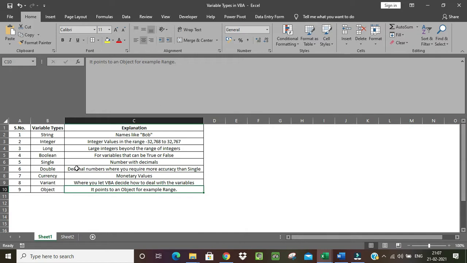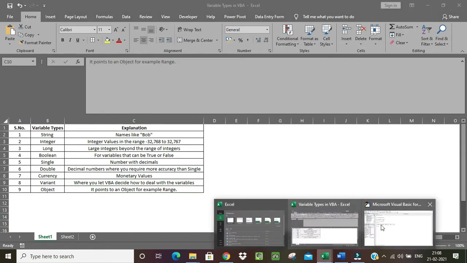Right. So we have these 9 types of variables available in the VBA, and before we start writing any program, it is important to declare our variables so that if we have to refer to those variables multiple times in the program, we can do it just by writing the names. It also helps the program to know what kind of properties and methods we can use on different types of variables. So let's jump to the Visual Basic Editor and see how we can declare some of the variables.